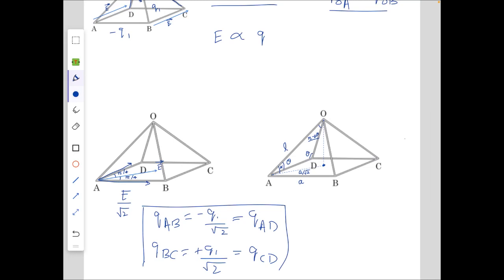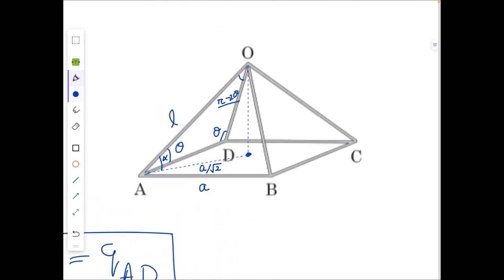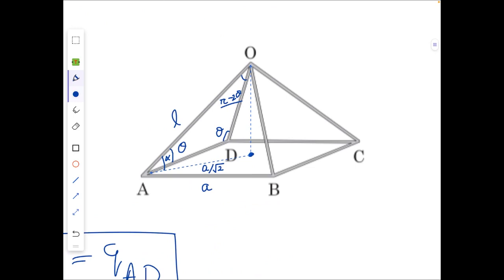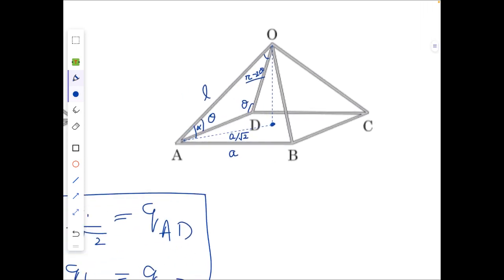So now in the case of rods OA, OB, OC and OD, here first of all we need to find the angles in the figure. So let us consider the angles of the triangle OAB, OBC, OCD or ODA to be theta, theta and pi minus 2 theta, and the angle made by the rod OA with the horizontal plane to be alpha. Here I have assumed that the length of the side of the square is a and the length of the rod OA is L.